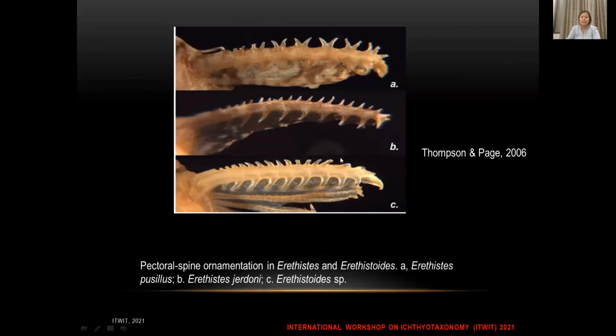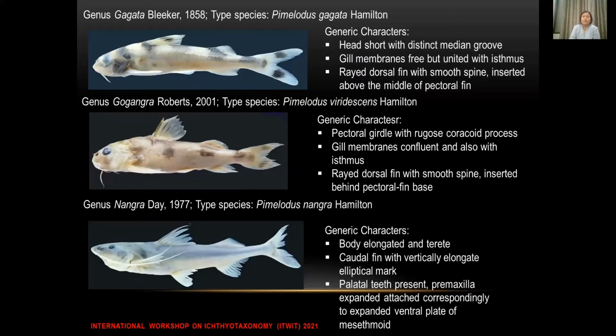We can see here, half towards the distal and half towards the proximal. So this is how we know easily whether a species is erythistis or erythistoides. Then coming to the three genera, Gagata, Gogangra, Nangra. Actually, when we look at it, people find it a little hard to distinguish these three genera. And even